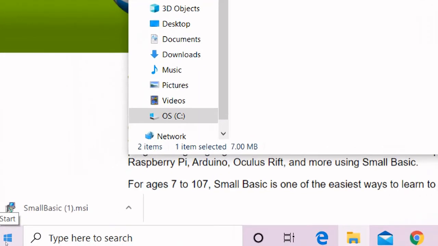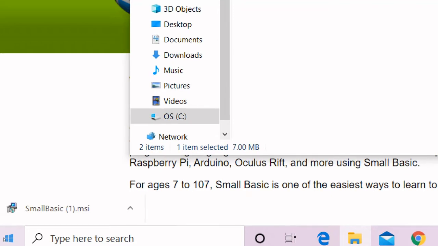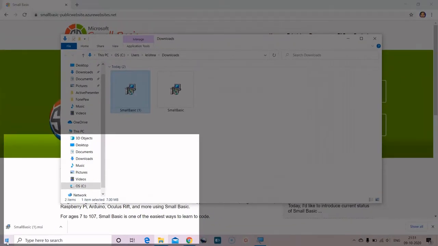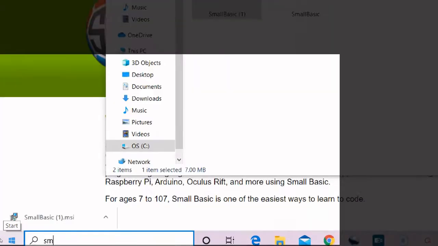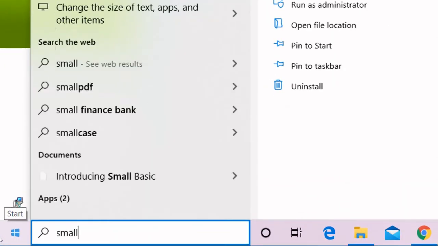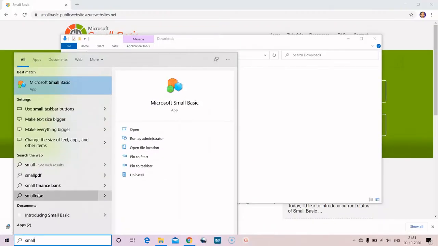Now if you go onto the Windows Start button and type Small Basic, you can see Small Basic already installed. You just type Small Basic there and search. You can see the icon, it is already installed. I'm trying to add it to the taskbar.